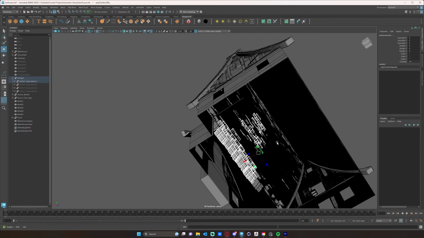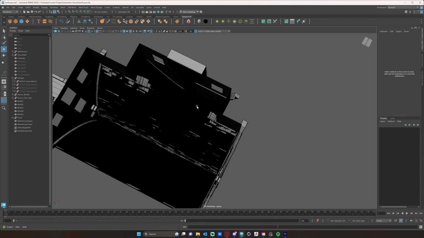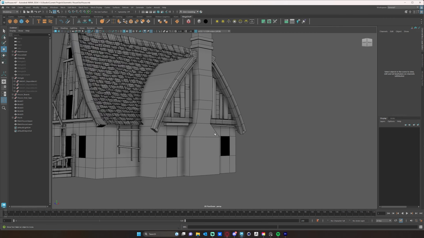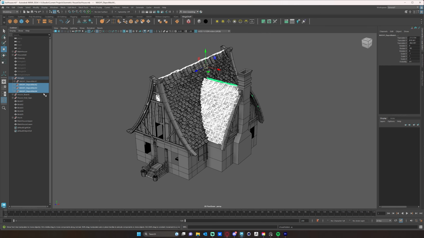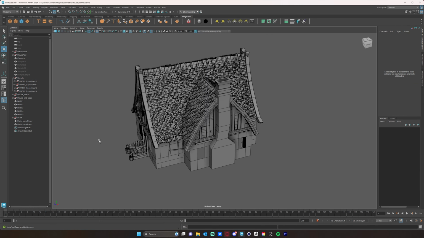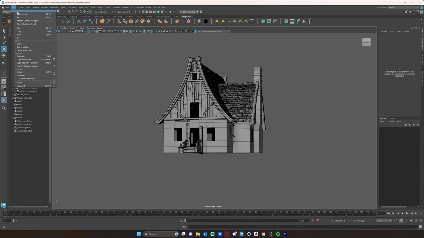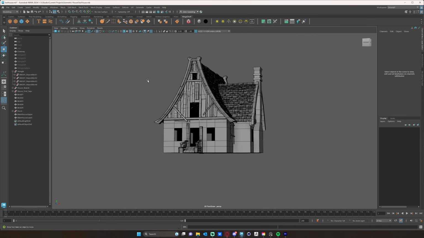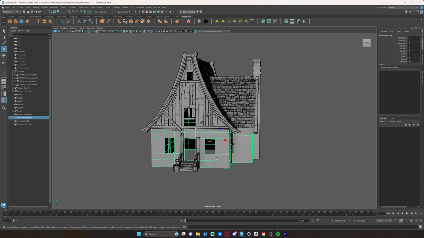And then we can just delete those unseen shingles in there. Then I'll unhide the rest of my model, and then we can just sort of carry on. I am going to go ahead and go to Edit, Delete All by Type History, just to kind of clean my scene up a little bit. And then we can get started with our